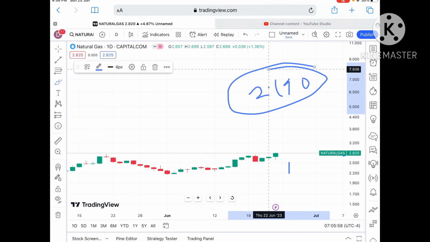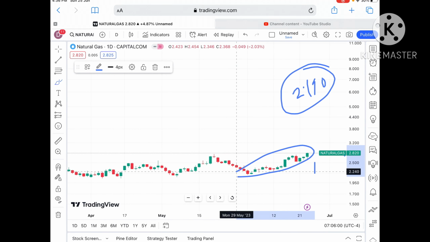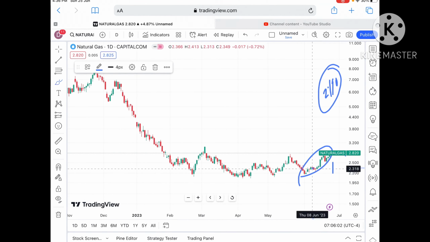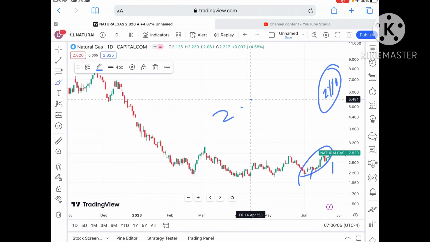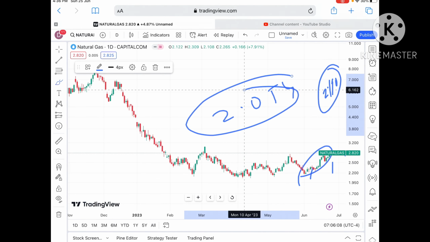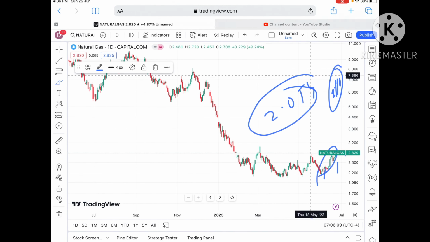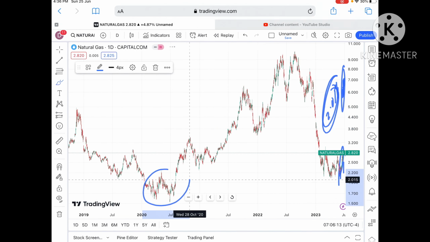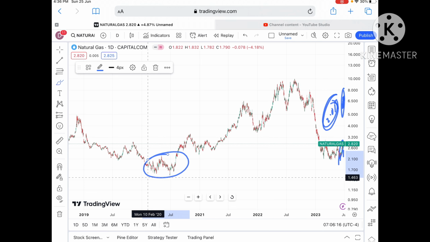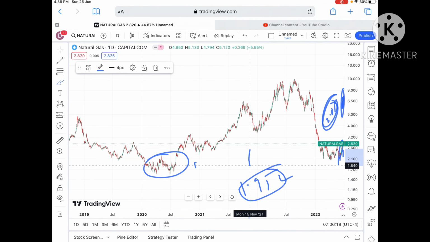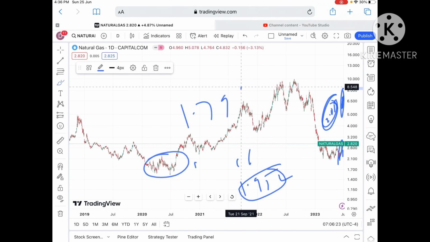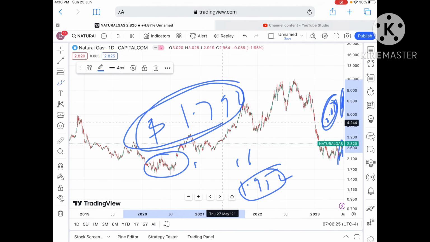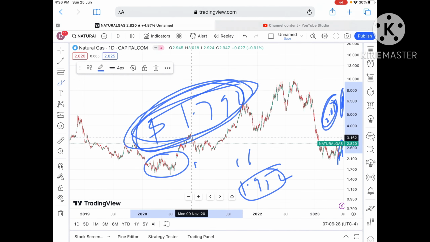This $2.190 is already a weak support, so chances are high it can cross that zone and touch a level of $2.054. Because this level has already been tested here and is a weak support, chances are high it will move in this zone, with a chance of touching around 1.952, and if the price falls below that level, we can see it touch around $1.798. If the price falls below $2, I'll make another video explaining where it can go.